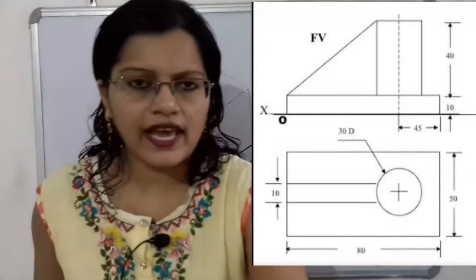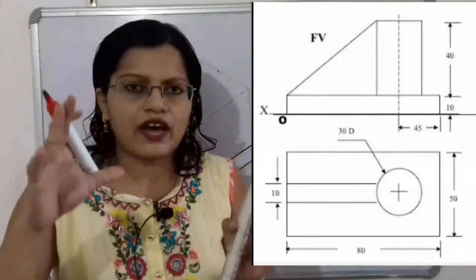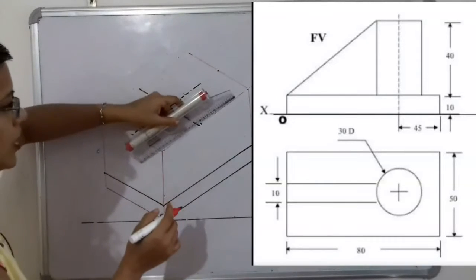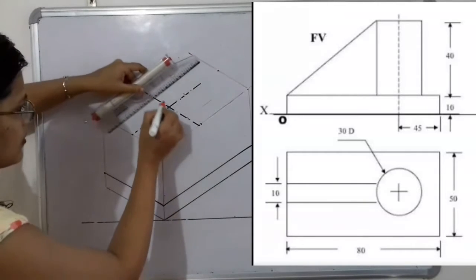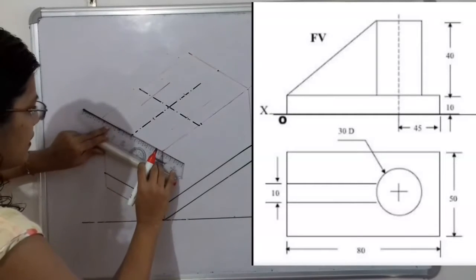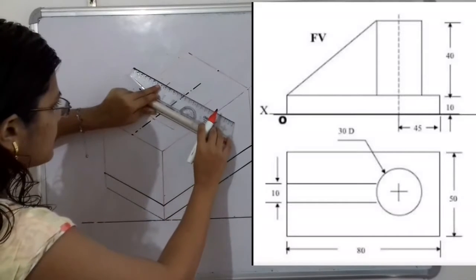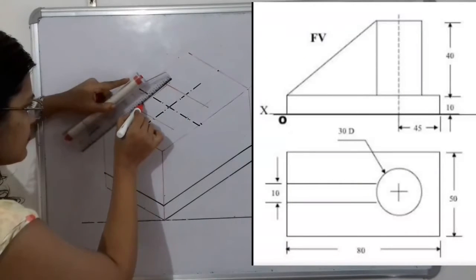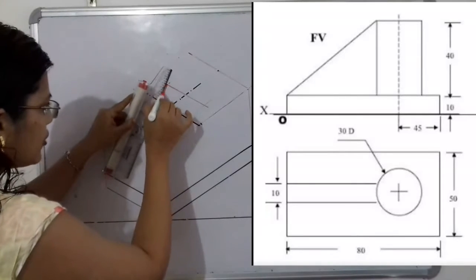Now we will draw the lines passing through these points. So how to draw the lines? Here true lengths are for length and width, that is for this line and this line. So we have to draw the lines parallel to this. In the same way, for this width line also we have to draw the line parallel to it. Now these are the larger included angles, so we will join the middle points.